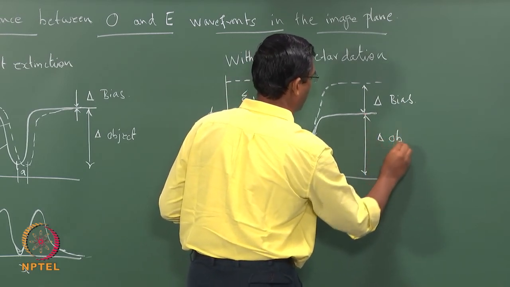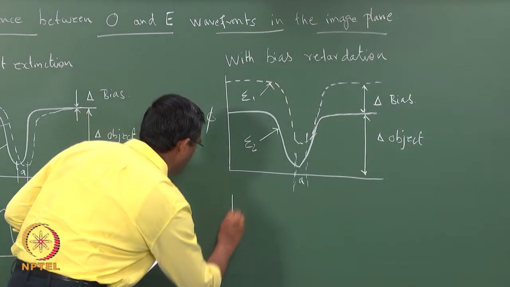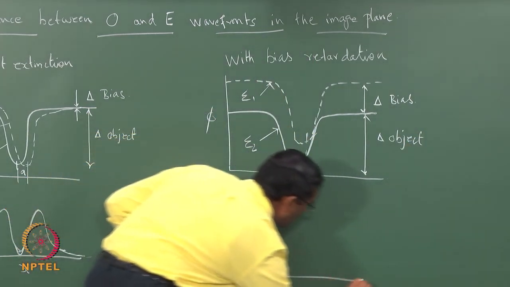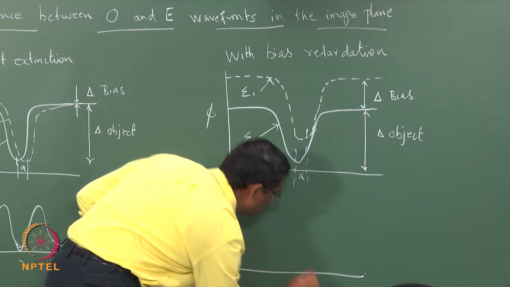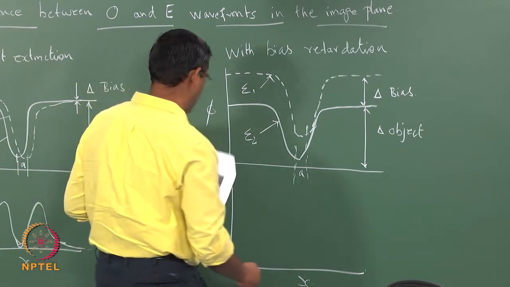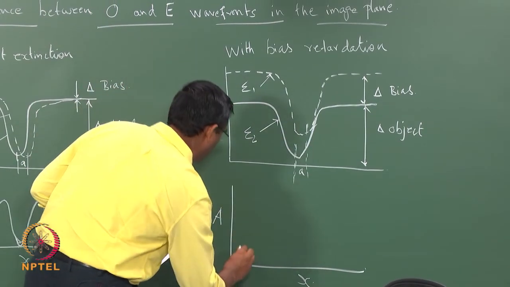This is delta for object. And then look at the corresponding amplitude versus distance. The region corresponds to these two. You see that